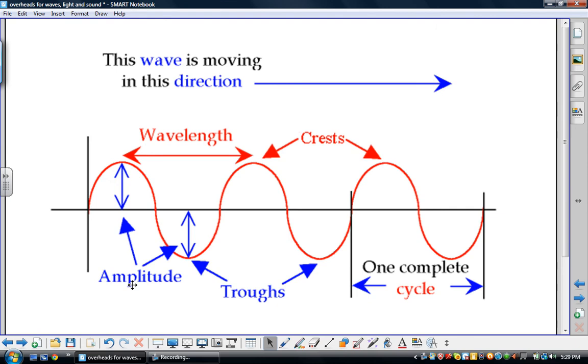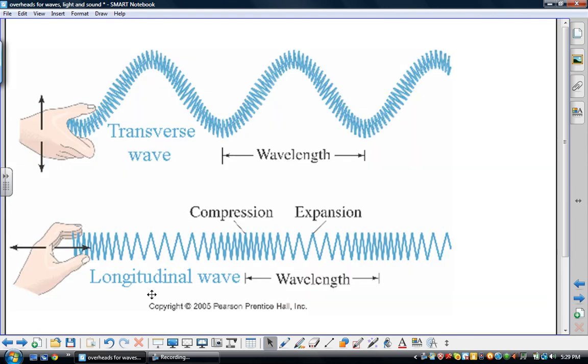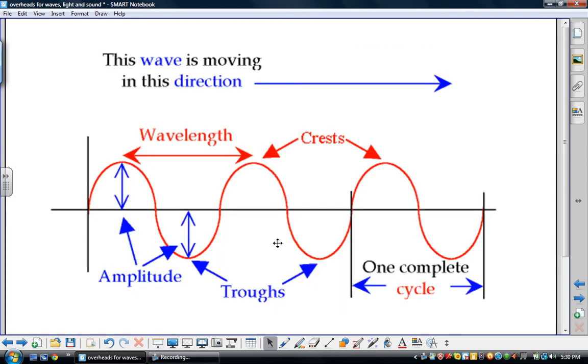Here's another picture of a transverse wave. Even though sound waves travel as longitudinal waves, for simplicity of drawing, we normally use a transverse model when we draw them. This is showing you a few more vocabulary words. Here's a wavelength. Peaks are called crests. Bottom parts are called troughs. One complete cycle is a wavelength. And from the midline to the top of the crest, or from the midline to the bottom of the trough,